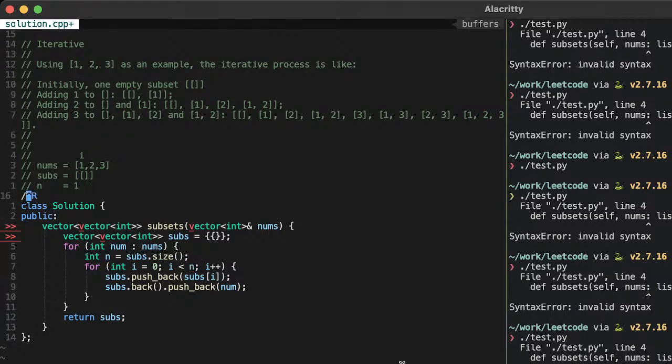Okay, so we need to change all occurrences of N. Let's search for N and replace it with size. Okay, that should work.